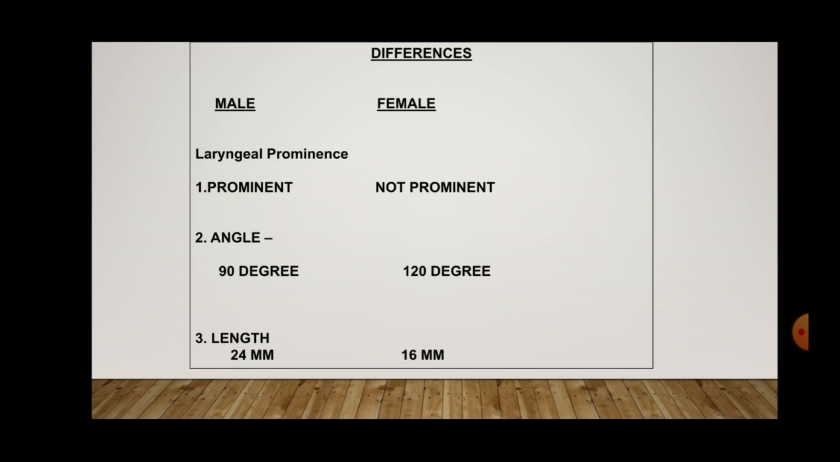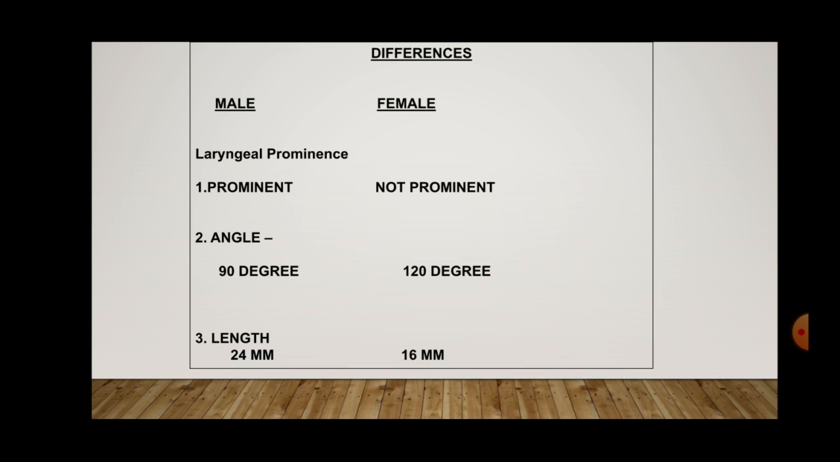Because of these differences between male and female, the voice is low pitched in males and high pitched in females and infants. So that's the difference between male and female. The laryngeal prominence is more prominent in male, which you call the Adam's apple, and the angle between